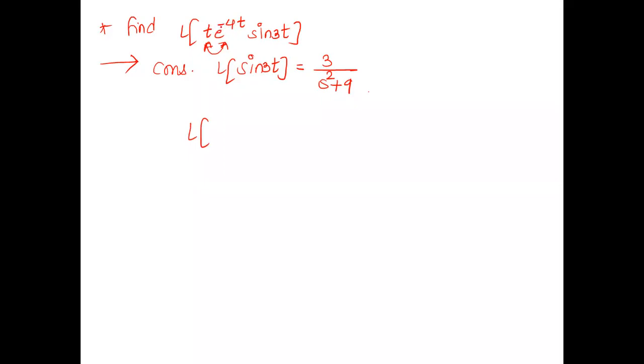I'll do that e later because e is just the change s by s plus 4. You only have to change. So the change part we do later. t is the derivative. So let's take the derivative first and then keep the change behind. So first I am multiplying sin by t. Sin 3t into t. So it is multiplication by t property.